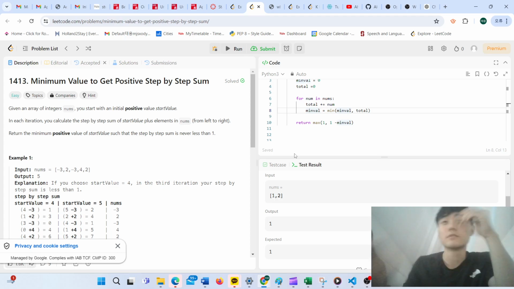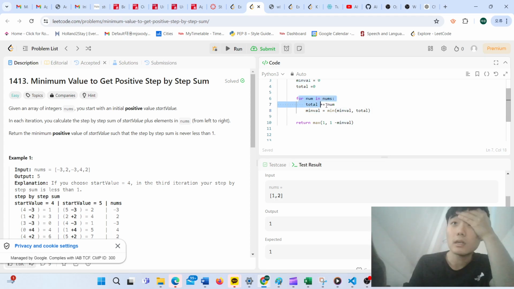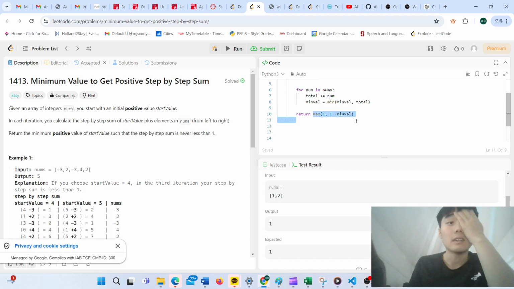As you can see, it just uses the already defined prefix sum and then just returns the minimum starting value such that